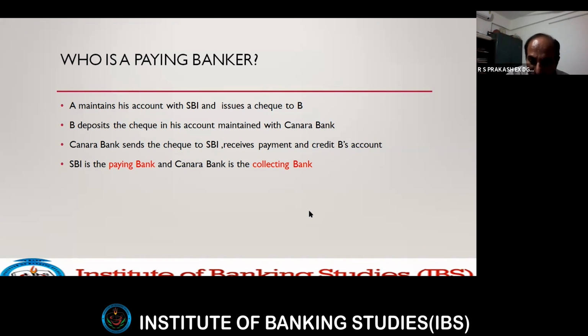Nobody in this country can issue a bearer draft except the Reserve Bank of India. That's why a bearer draft is nothing but a currency note. A currency note, a 100 rupee note or a 500 rupee note, which you have with you, is called a bearer note. It's called a bearer draft. But nobody is authorized to issue a bearer draft except RBI. So all the other drafts which are issued by banks are called demand drafts.